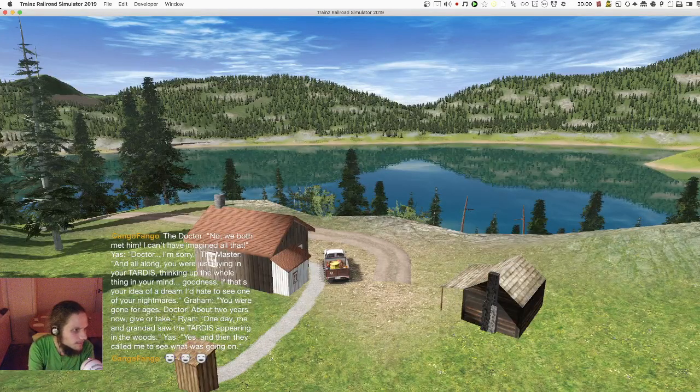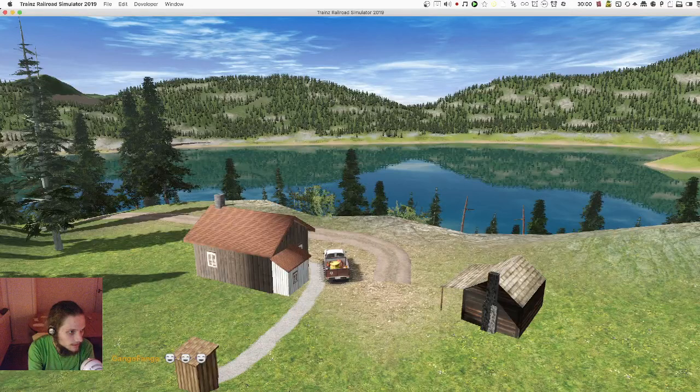No, we both met him. I can't have imagined all that. Doctor, I'm sorry. And all along, you were just lying in your TARDIS, thinking up the whole thing in your mind. Goodness, if that's your idea of a dream, I'd hate to see one of your nightmares. You were gone for ages, Doctor. About 2 years now, give or take. One day, me and Grandad saw the...